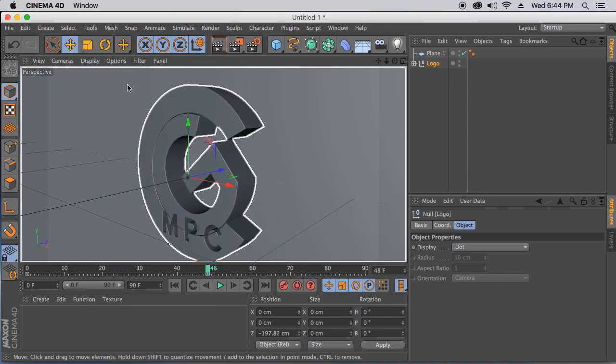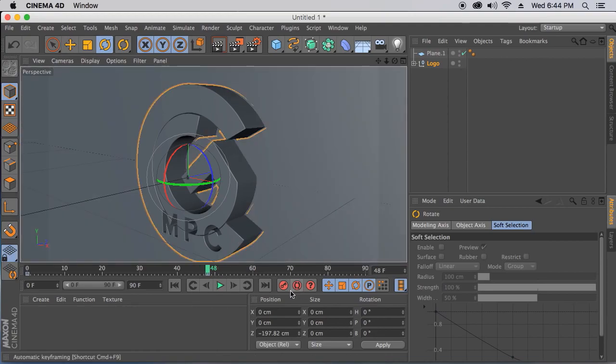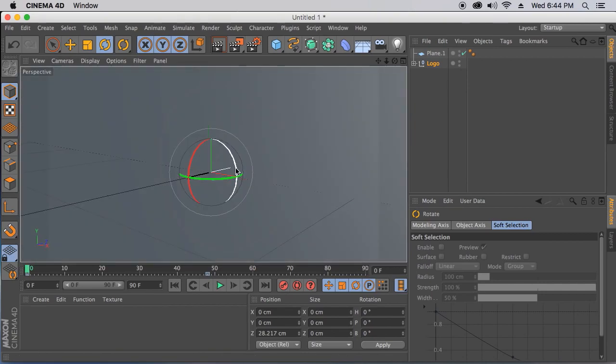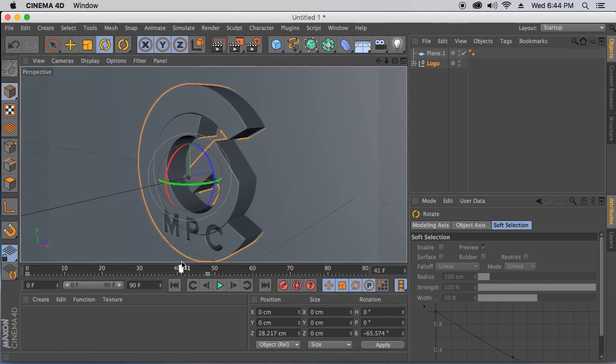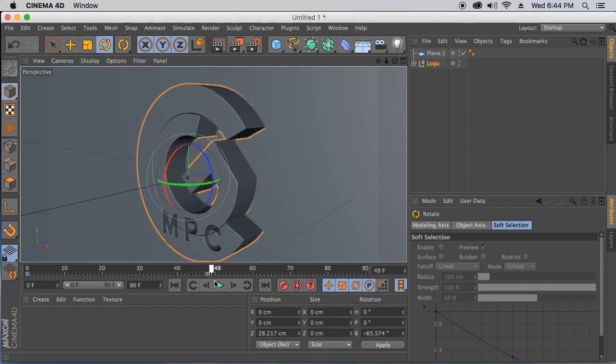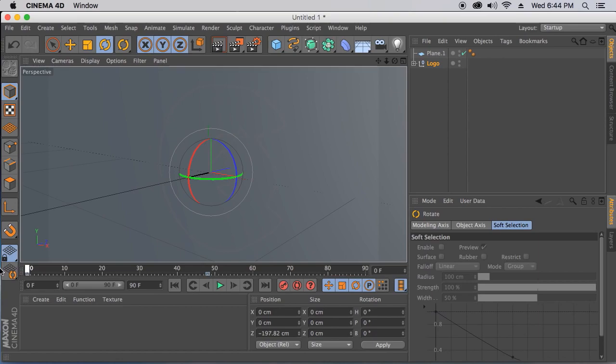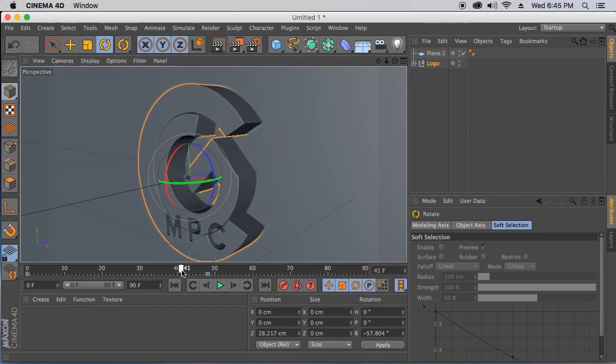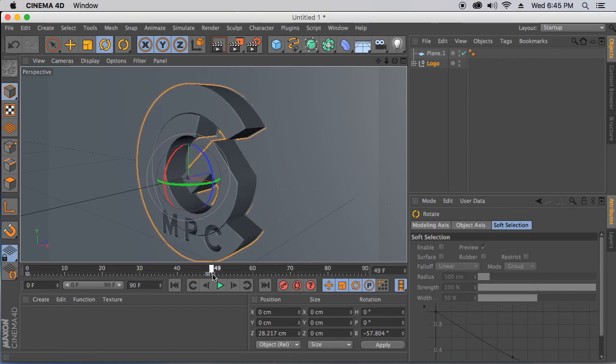And then what we'll also do is come back to the same frame, come over to rotation, set another key, and then we'll come over here and we'll rotate it some. And you want to make sure that you set the key here, because if you do not, it's not going to set. It's just going to stay there. It's not going to automatically know what you're doing. It's a little less fluid than After Effects, so you need to make sure you set the key. So we'll rotate, set the key, and then as we kind of scrub through, we can see some basic renders